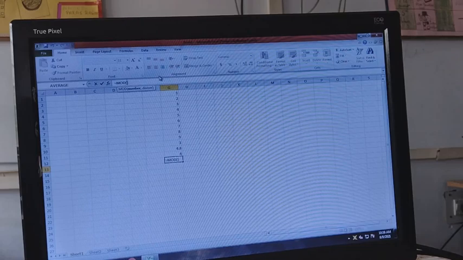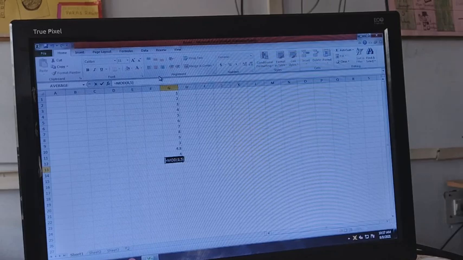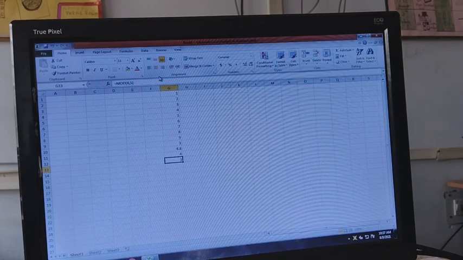I have to write 8, then comma, then 5, and it will give us 3. If we divide 8 by 5, we have the remainder 3. In the active cell we can see 3 is written, that is the value. In the formula bar we get the formula, and the function which we have used here is the mod function.